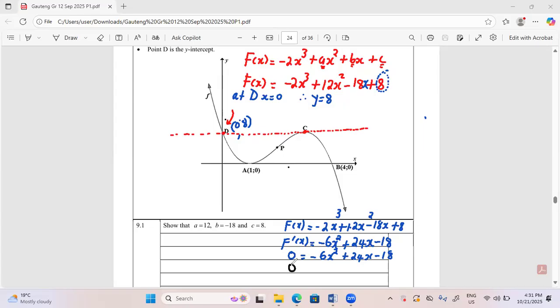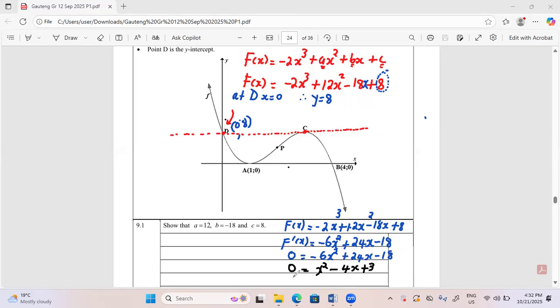Divide everything by negative 6. You'll be left with x squared, minus 4x, and minus 18 divided by minus 6 is positive 3,